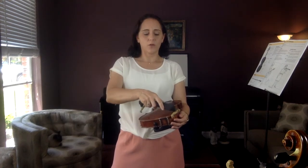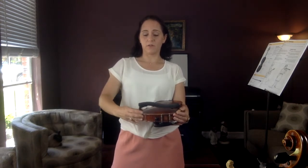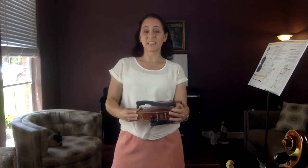Take one side, hook it over. I'm sorry, I flipped my violin, my viola, upside down; it's on my lap. Hook it over, and then take this side and hook the feet over this way. Now, to get started,